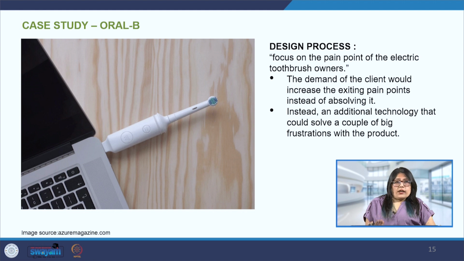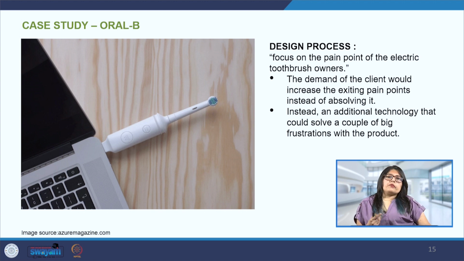So in order to take care of this problem, they came up with an app, a mobile app. So now if you press the button on the brush when you realize that the brush head needs a replacement, it will send a message, a reminder to the phone to purchase the brush heads. So that way this will also keep the pressure off the mind of the user, and they will be able to integrate these two aspects very easily into their lifestyle.